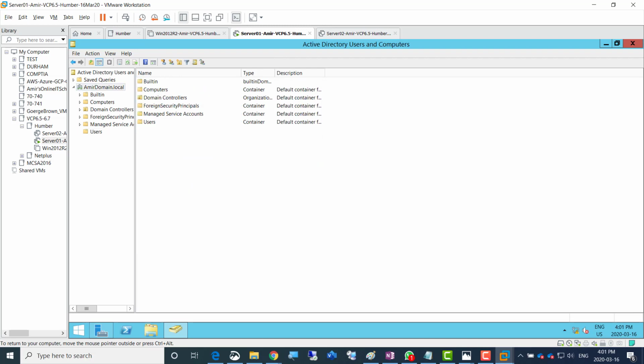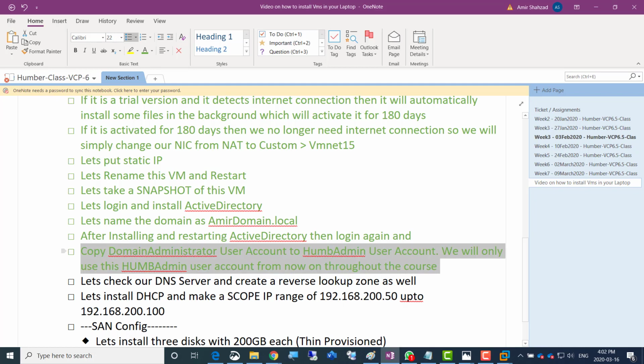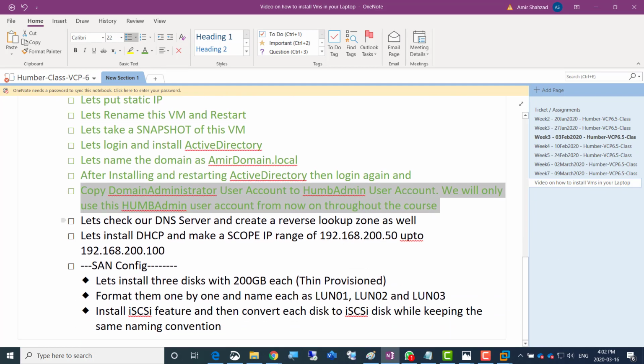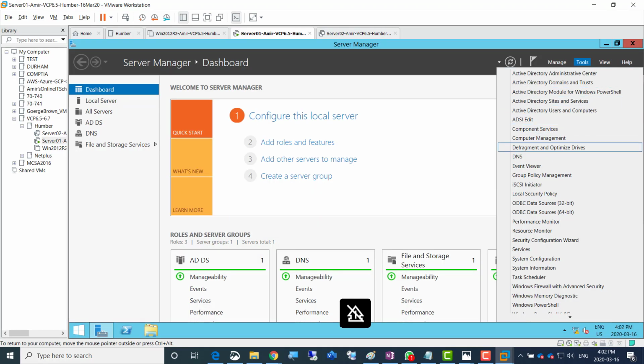And once you make any change in the Active Directory, go to domain and just click refresh a few million times. Okay, done. And I'm going to close that. So this is done as well. And let's go ahead. So I'm going to check our DNS server and create a reverse lookup zone as well. So within our domain controller, we're going to go to tools, and then we're going to go to the DNS server here,